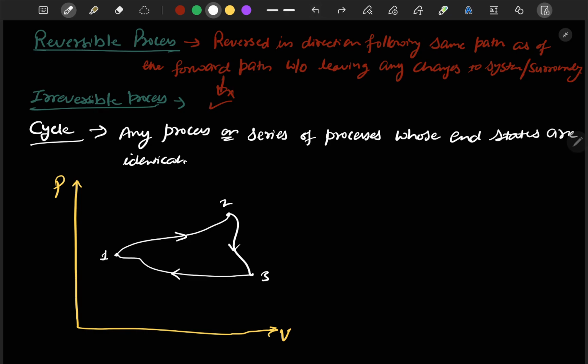Hi. So in this lecture, we have to start with chapter 3, that is work and heat transfer. But before that, let me mention a few things which we left in previous lectures. The first thing is that when we studied the reversible process and irreversible process, there are a few methods which make the process irreversible. So let's look at the methods